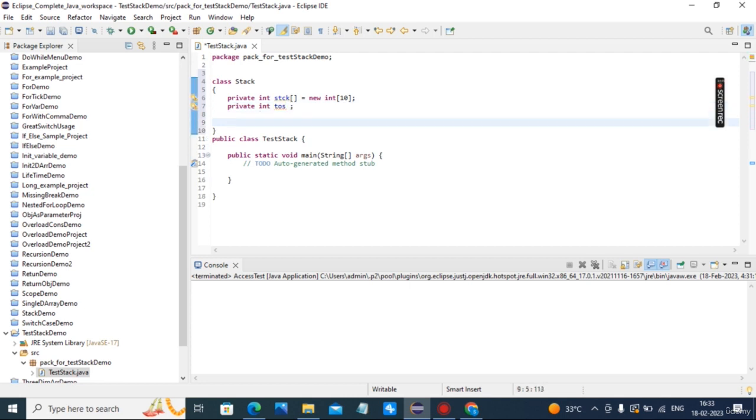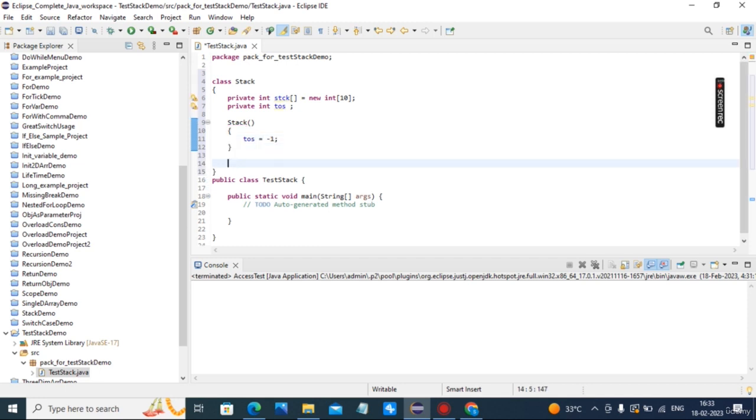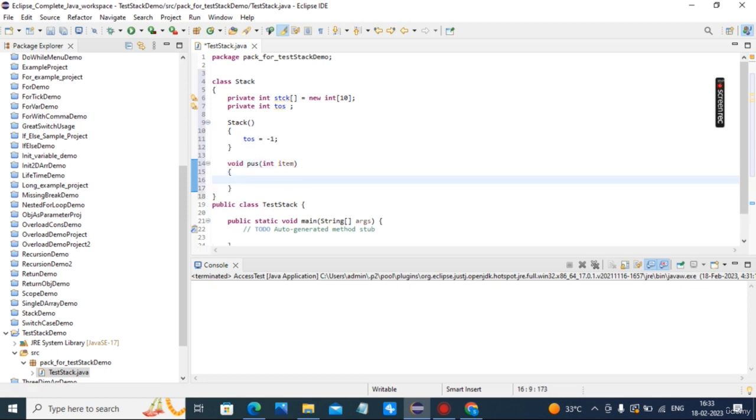Now top of stack is equal to -1. Next, push item: void push, int item. These two are the same push and pop as previous.